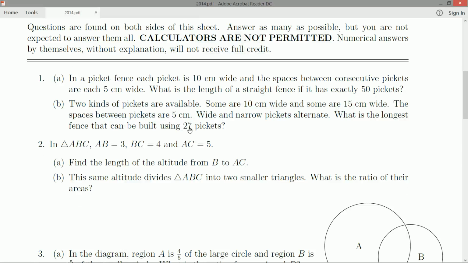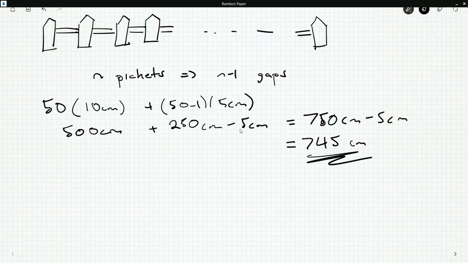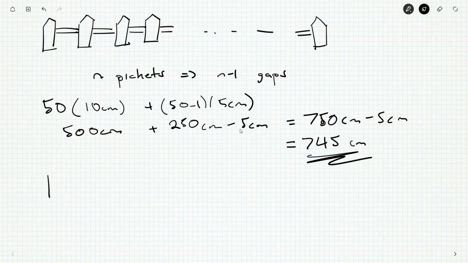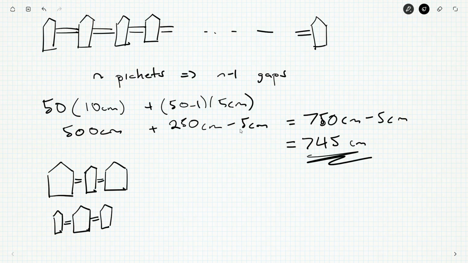Okay, now they chose 27 because if it was 26, we'd have an even number because of the alternating. But if we look at a smaller odd number case, if we've got 3 pickets, we could have wide picket, narrow picket, wide picket, same gaps, or we could have narrow picket, wide picket, narrow picket. We have to choose, and if it were even, however, we'd get the same number of wide and narrow pickets, and we get the same length here. But because it's odd,